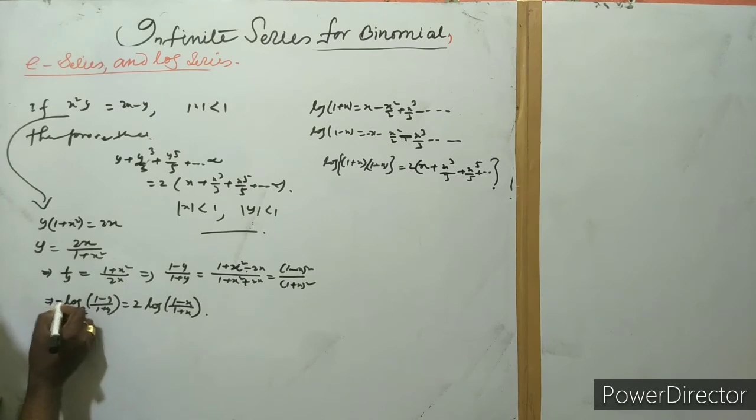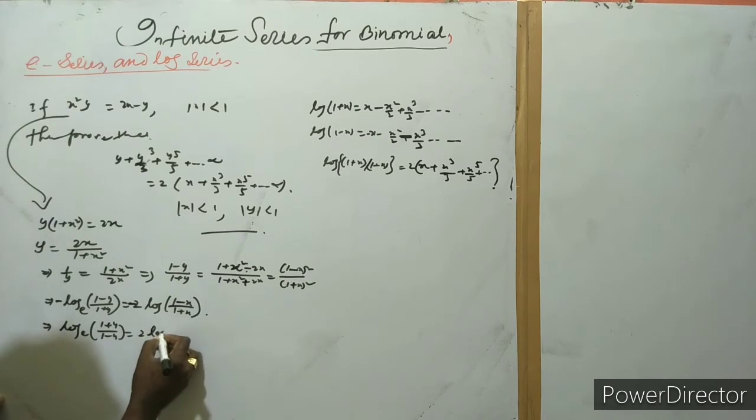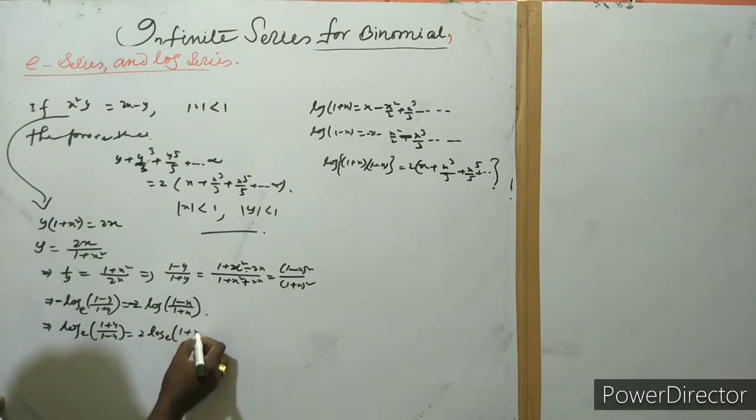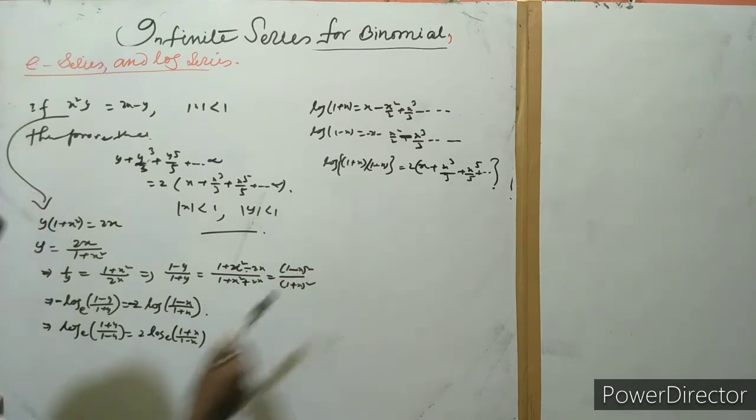If we multiply by this, then I get 1 plus y by 1 minus y, 2 into 1 plus x by 1 minus x. So this by this equal to this. You can write here